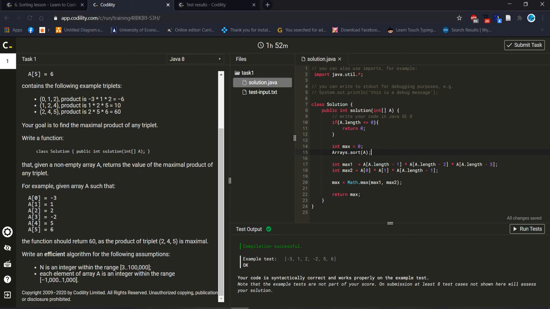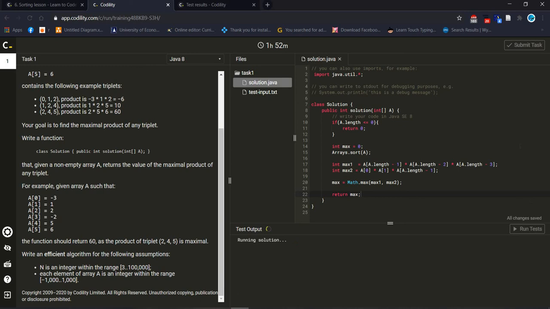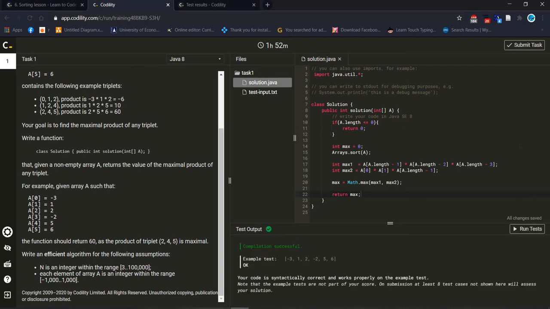Later we are checking from the left side one by one until the last position. Later we are checking maximum value from those variables, and after that we return maximum value. And you see it works fine with example test.